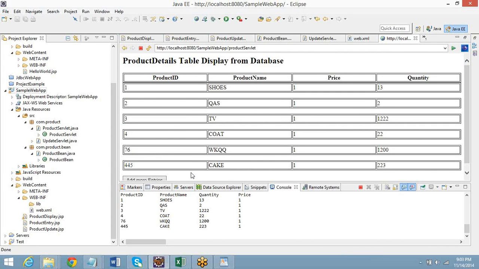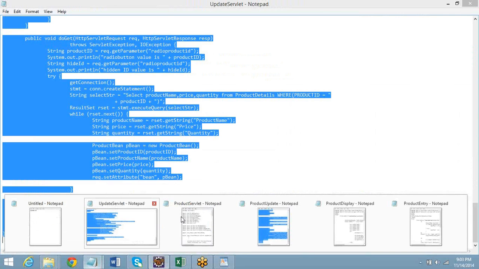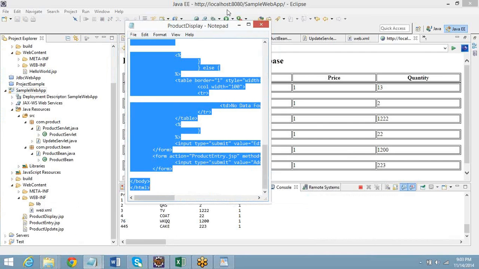Here there was a radio button validation which I did. Where is the radio button? Did you keep the radio button in the JSP? Yes, in the display page, sorry. I had to copy this.